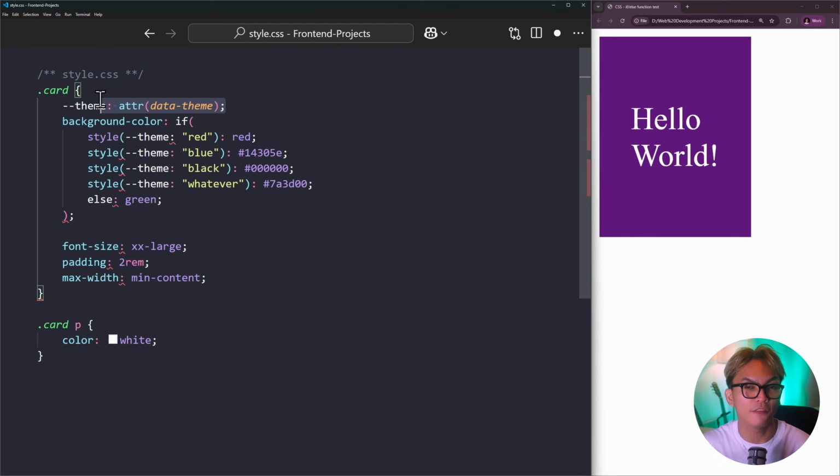And what's great about this is you can write as many conditions as you want. For example, we can check if the value of this attribute is equal to red, blue, black, or whatever. And CSS would check these conditions from top to bottom. If this is false, then go to the next condition below it. If none of them are true, then it'll go straight to the else, like the if, else statement that we always